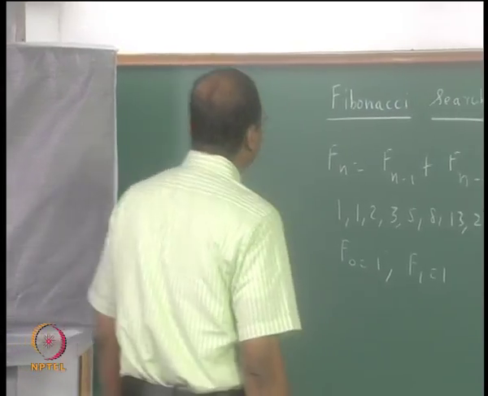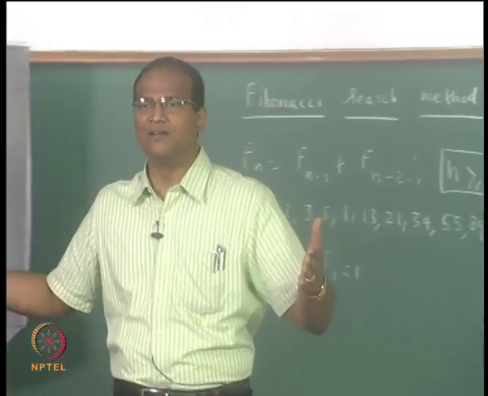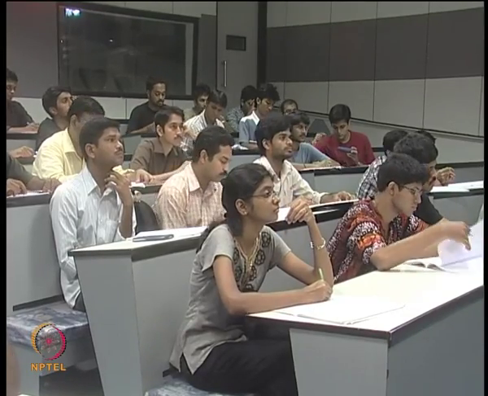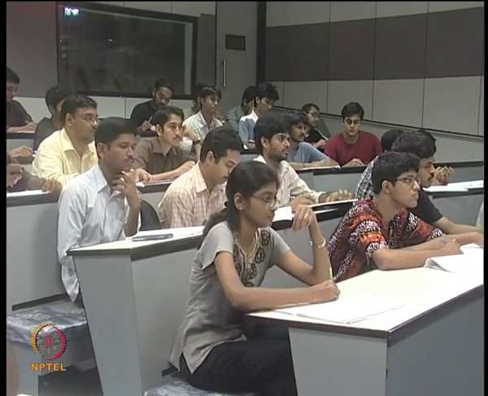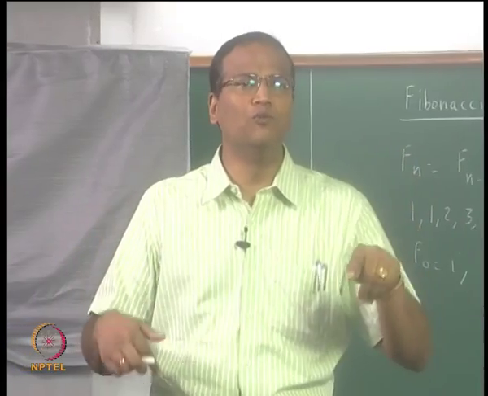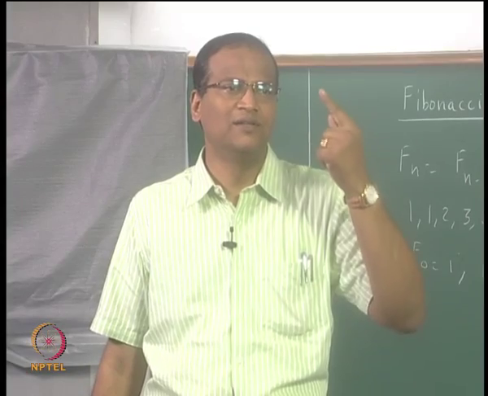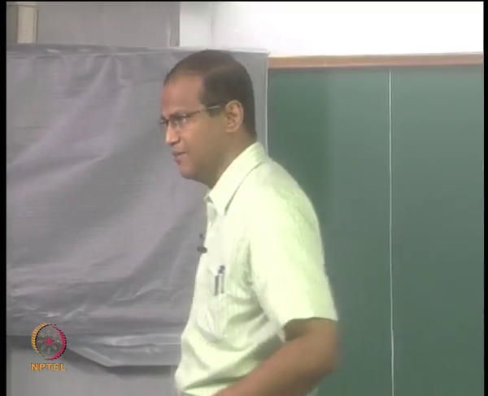Now what is the strategy? I think in the last class I took an interval where x varies from 0 to 8 and we divided the interval such that x1 equal to 3 and x2 equal to 5, or whatever, and then we subdivided and we figured out that one of the 2 points in every new iteration is already an old point, in the sense that it was a point in the previous iteration.